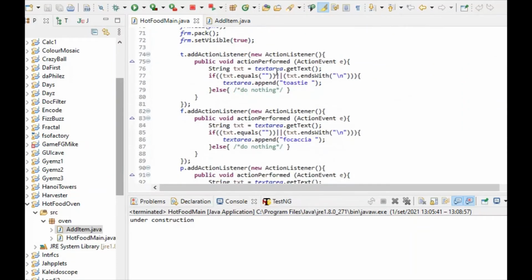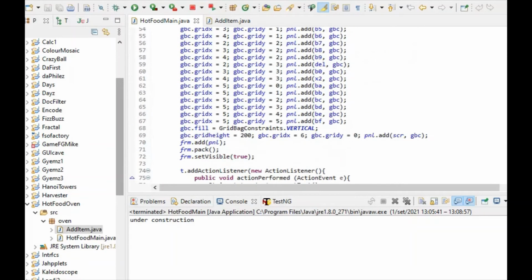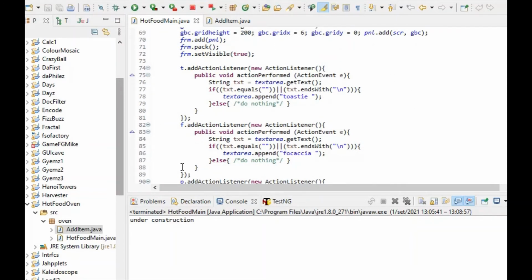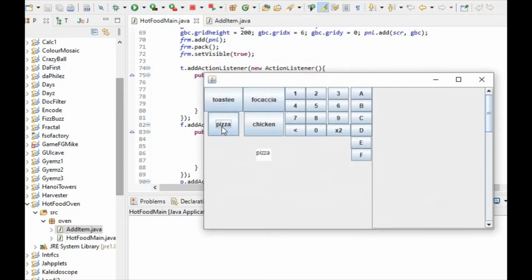Stuff happens here. So we have buttons. This is toasty, focaccia, pizza, and so on. So it obviously sets the text where I showed the text. When you click on it, you have the text, so you know what you're doing and what you're going to put on the panel to the right. Yeah, so we can edit it